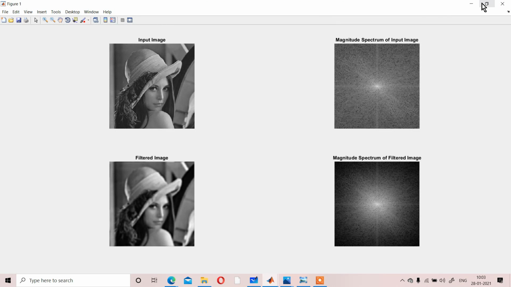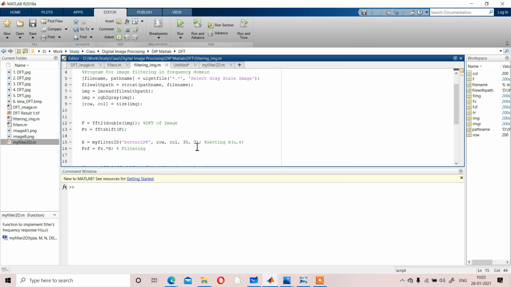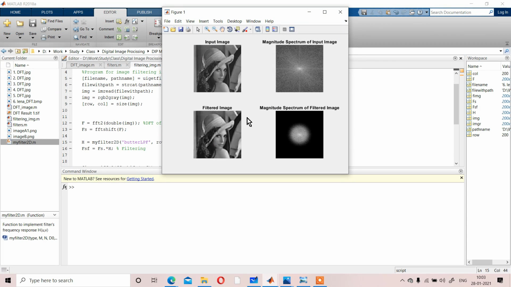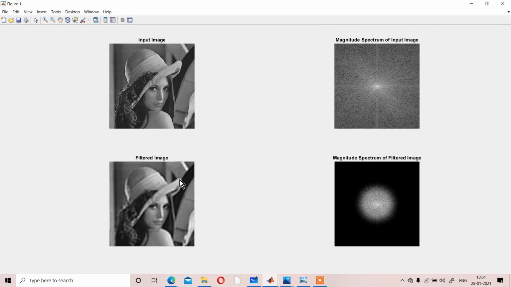Now if we change the order of the filter from 2 to 8, suppose, for the same image you can see that whenever you increase the order of the filter, the D0 portions are removed, meaning we are considering fewer low frequencies compared to the previous one, and the image you get is also more blurred compared to the previous image.